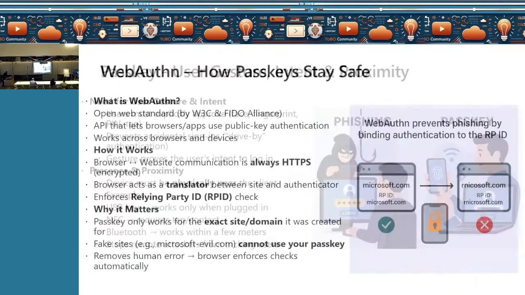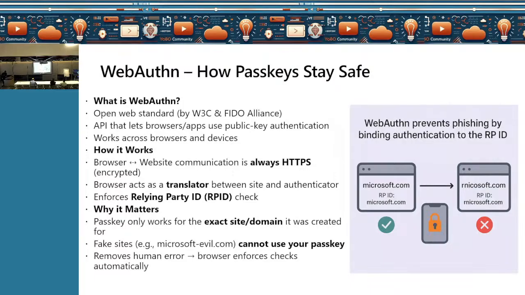Now, talking about the authentication protocol. When you log in, the connection between your browser and the website runs over HTTPS, so the traffic is encrypted, but the real magic which is happening is something called WebAuthn. It's web authentication. Imagine WebAuthn like a translator. It's the standard API that your browser uses to talk to the authenticator, whether that's your phone, your security key, or Windows Hello. It makes sure that the process is safe, consistent, and works across devices.